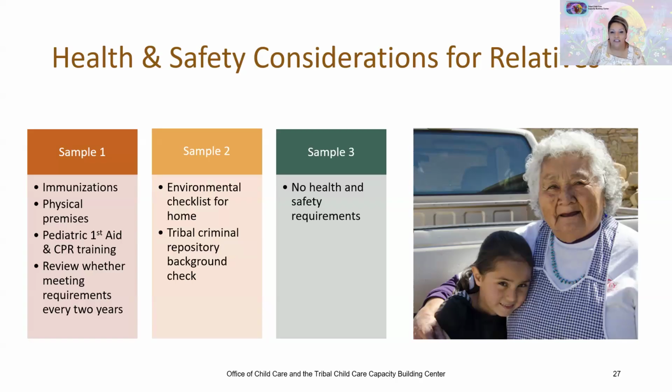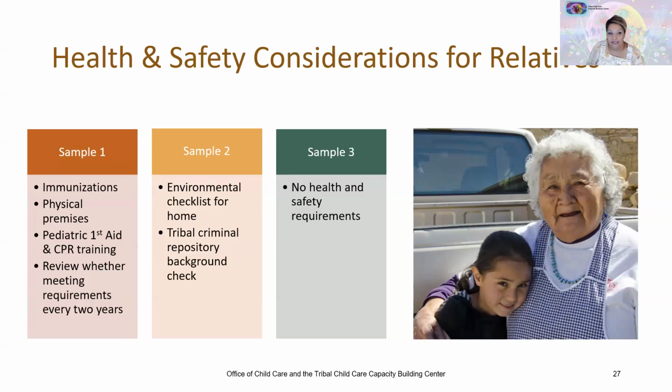In order to ensure these few requirements are being met, the tribal lead agency's inspector discusses these items with the provider every 2 weeks. This tribal lead agency exempts relatives from all other health and safety requirements, including the other 9 topical standard areas, the other 10 training topical areas, and all in-person and annual inspection and monitoring requirements. However, they still require verification every 2 years that the applicable standards are being met,